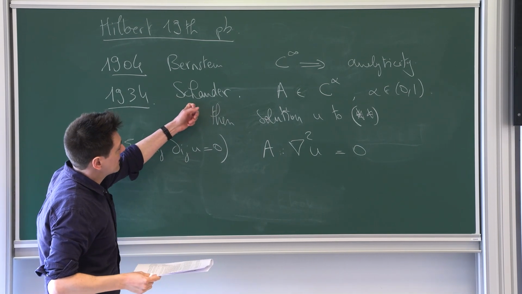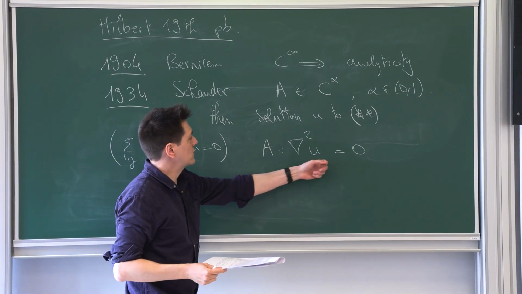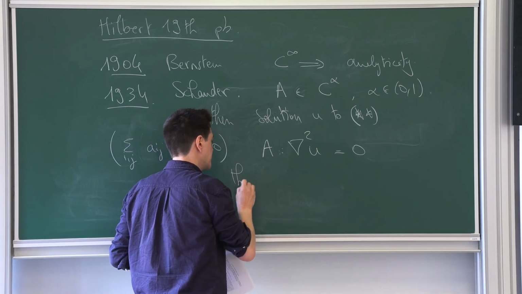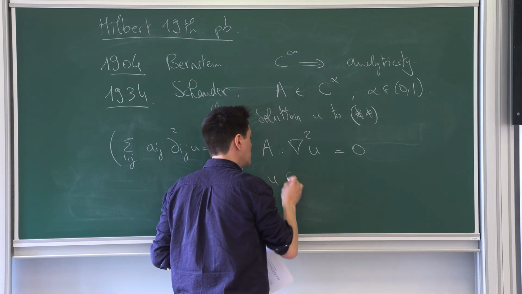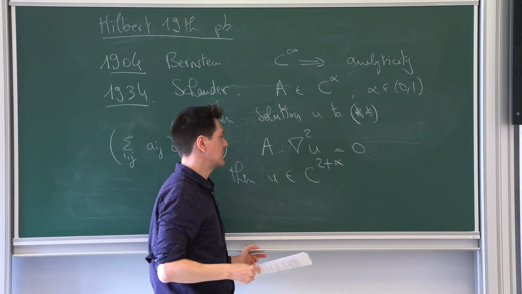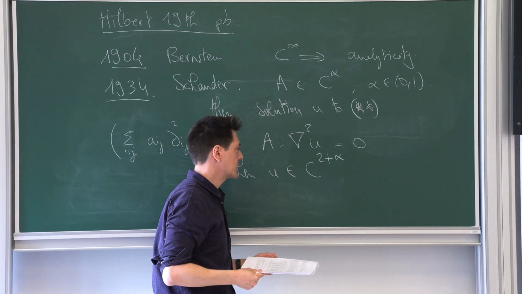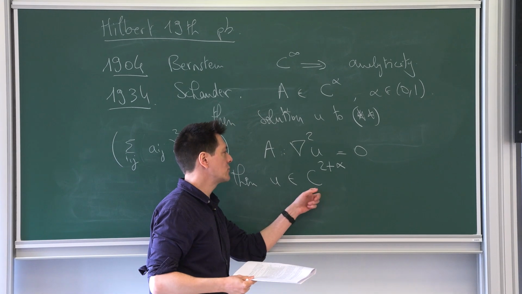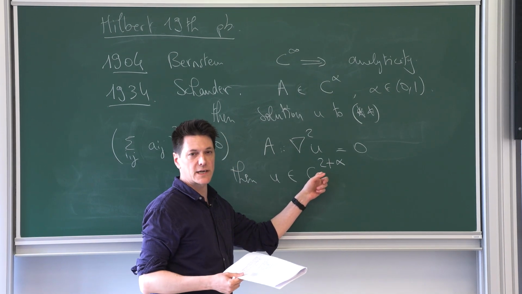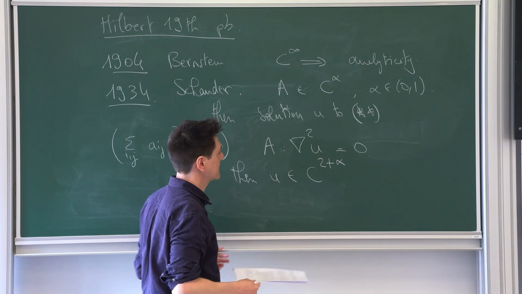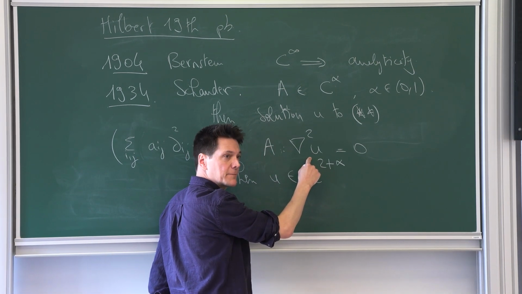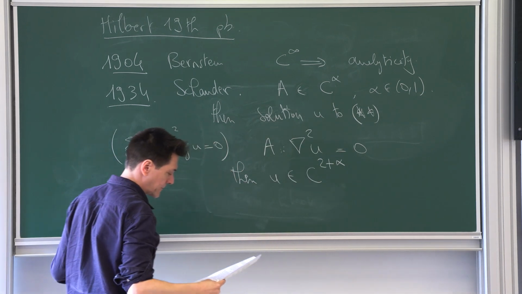So the Hölder theory tells you that if you're solving this problem and you know the coefficients are C alpha, then the solution U is C2 plus alpha. Okay, we'll define some space. I'll write down some definitions in a bit when I start doing proofs, actually, but it's what you would expect it to be. It's being C2, and the second order derivatives having some C alpha Hölder regularity. So you have the gain of two derivatives you would expect from this elliptic operator in the scale of Hölder spaces.